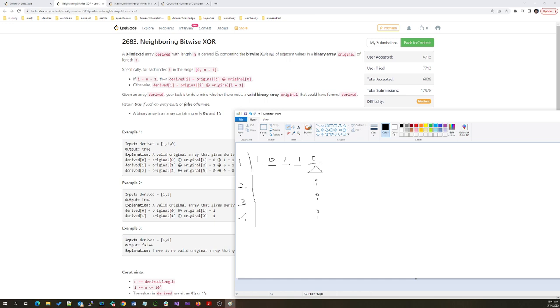we have the derived array. So that means if the derived value is 1, then the original bits should be different. So if the previous bit is 0, then the next number's bit should be 1. If the previous number's bit is 1, the next number's bit should be 0. So this is about